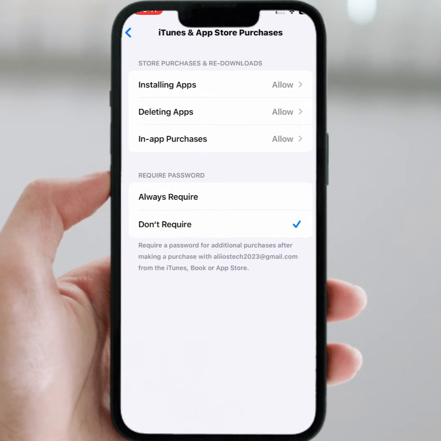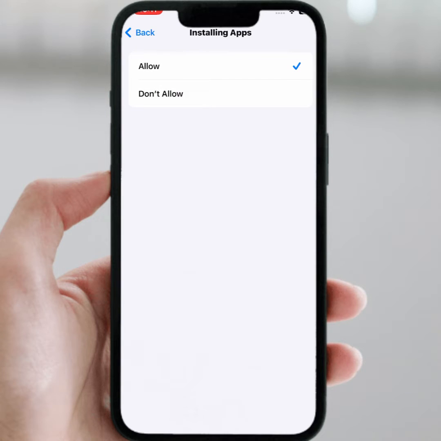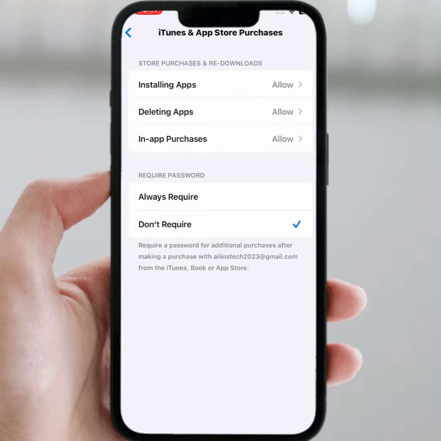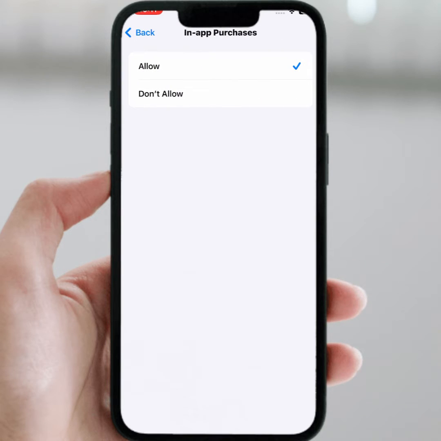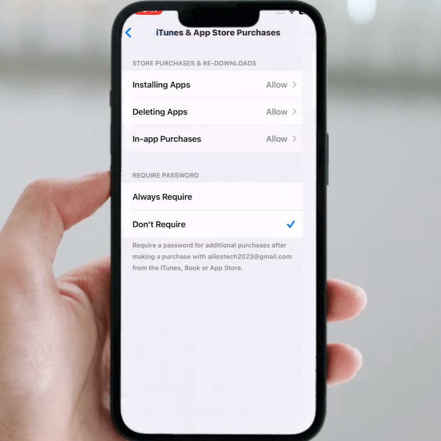From here you can see Require Password. What you need to do is tap on Don't Require, and after that tap on Installing Apps. From here make sure that you tap on Allow, and after that tap on In-app Purchases and make sure that you select Allow, and after that check whether the problem has been